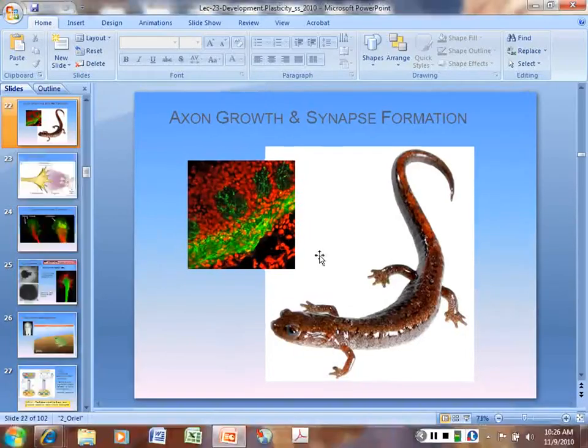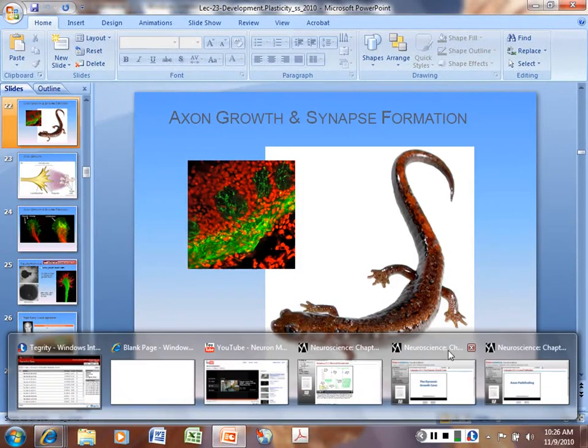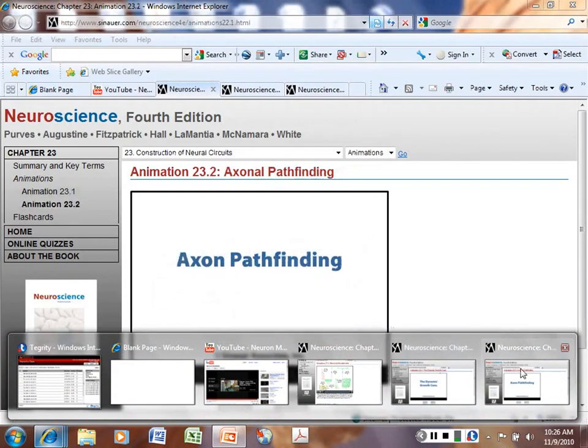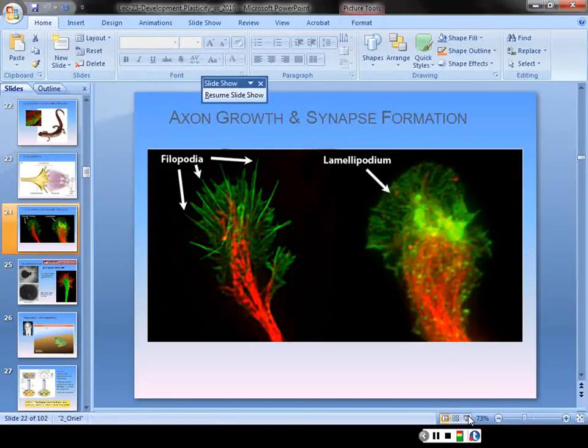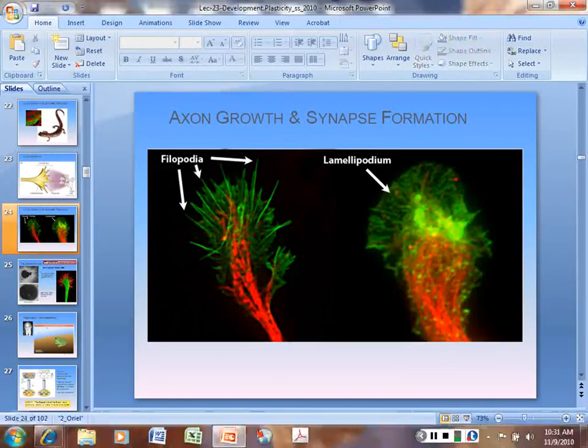Okay, let me just, I think I have one I want to show you there. Okay, I'm going to wait a sec to say a couple more things here. On the growth cone,